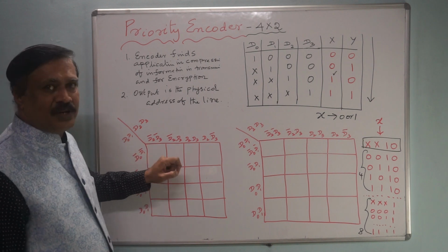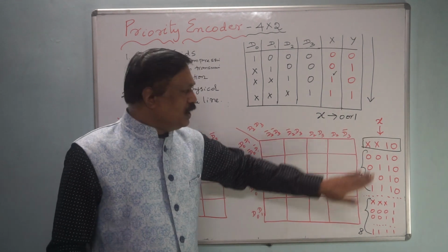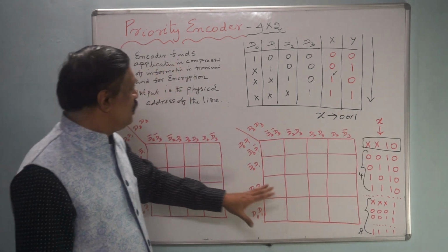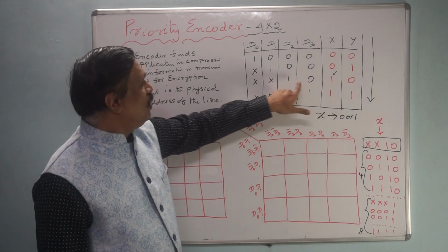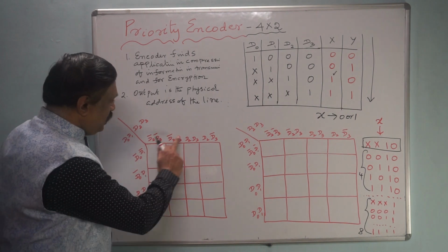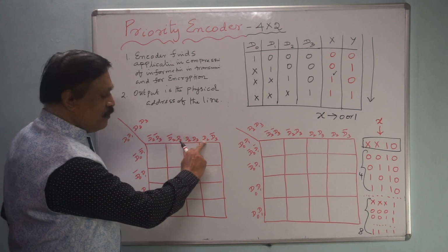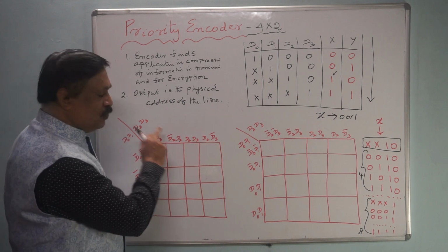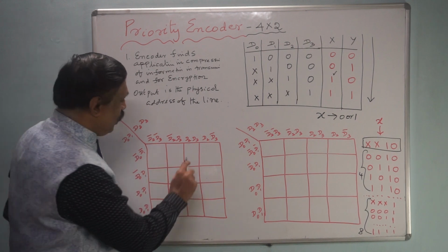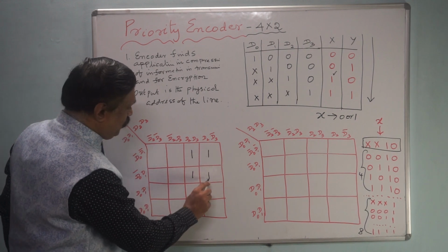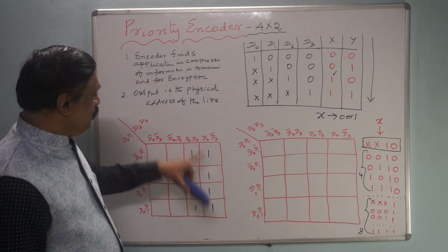Now the filling is a little special case. Therefore, I told this: if you don't understand this, leave it. Okay, how to fill, I tell you. Here X is 1 for D2. Now here in D2, this is D2 and this is D2. Here D2 bar, complement. And these 2 columns are for D2, therefore you simply put 1, 1, 1, 1. Okay, now you have filled D2.